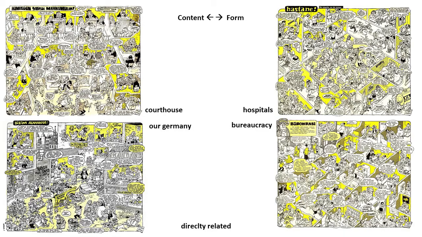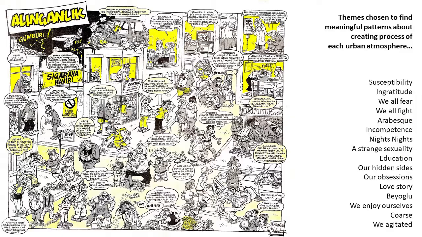Also, some examples have a direct relation between their content and form. For example, the theme is hospital and the created space is also a hospital. I ignore them too. According to this framework, I choose 16 examples to find meaningful patterns about the creating process of